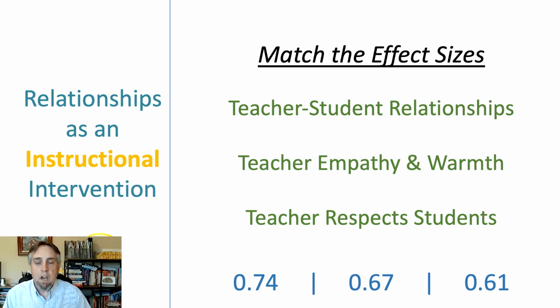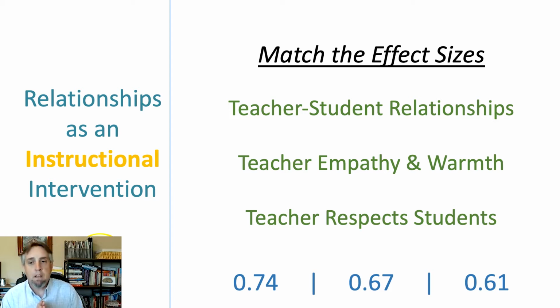The numbers that you see on the bottom are what we call effect sizes. It's just something that a statistician or a researcher uses in order to measure the outcome or power or effect of something. In other words, if you do something, what's the effect or what's the outcome? The higher the number, the better.